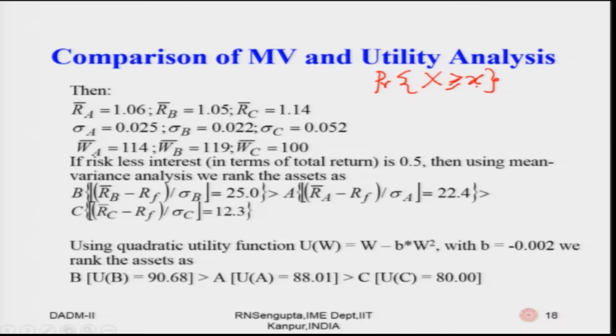Now, let me expand the discussion. I will draw the distribution here. This greater than or less than would depend on which side of the distribution you are looking for, corresponding to whether you are looking at the excess distribution or the negative side of the distribution, considering it as a loss distribution. So, whether you want to earn more would depend on how much positive side it is, and if you want to maintain a loss which is as low as possible, and if it is a loss distribution, you will try to be on the left hand side.